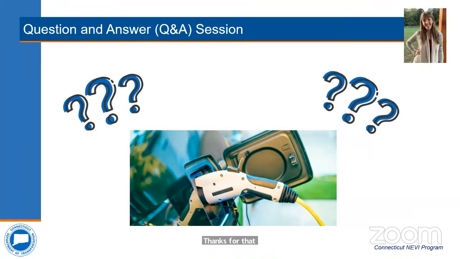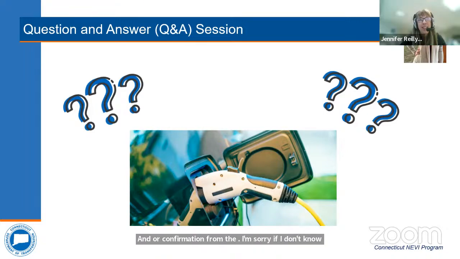Okay, next question. Could Connecticut DOT please clarify the definition of owner? If the site host and charging station operator are the same entity, is there still a requirement to provide the details of the lease and or confirmation from the REIT? And I'm sorry if I don't know that acronym.